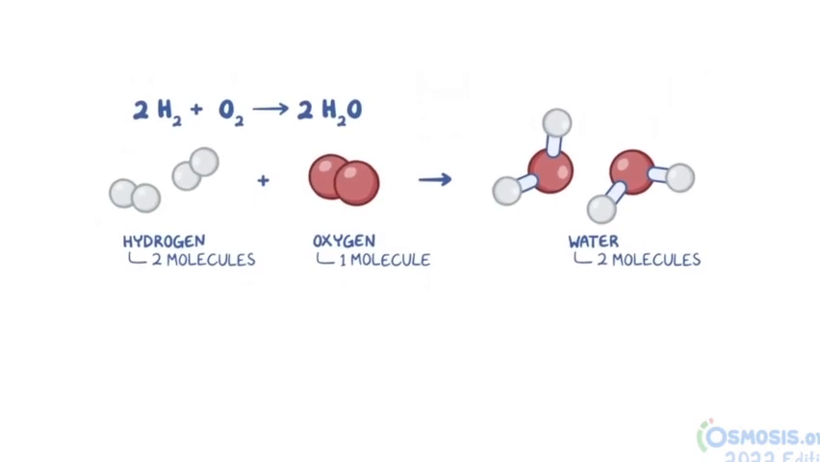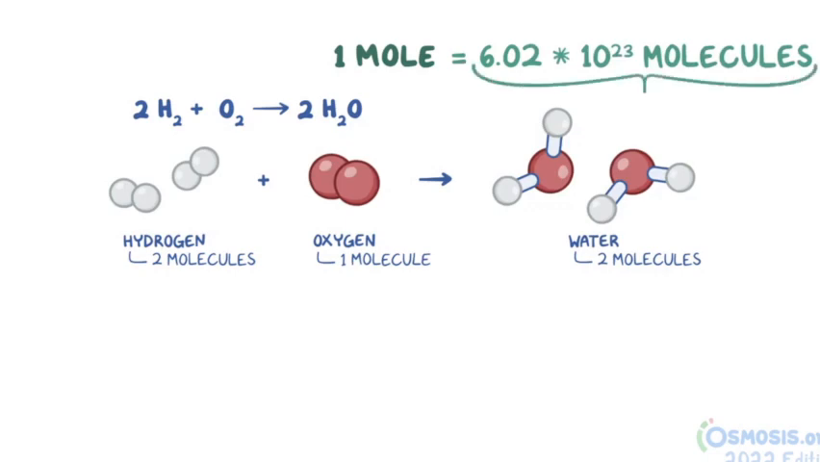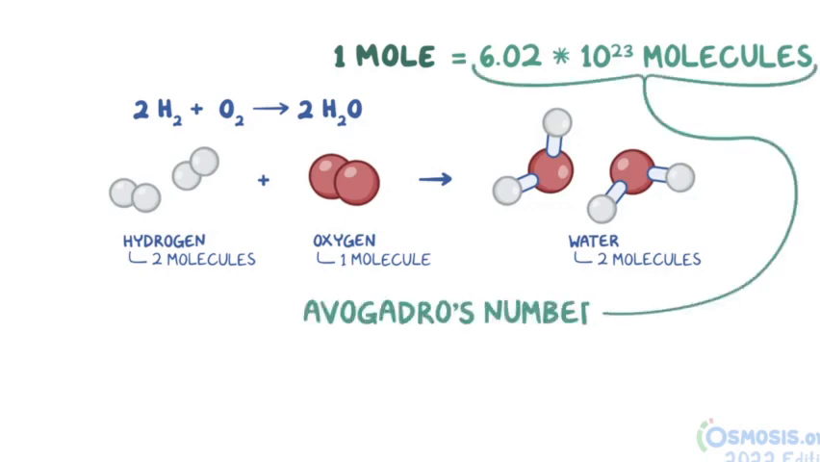Okay, so we know that 1 mole is equal to 6.02 times 10 to the 23rd molecules. This incredibly large number is called Avogadro's number. So if we have 1 molecule of oxygen and we multiply by Avogadro's number, we have 1 mole of oxygen. And if we have 2 molecules of hydrogen and we multiply that by Avogadro's number, then we have 2 moles